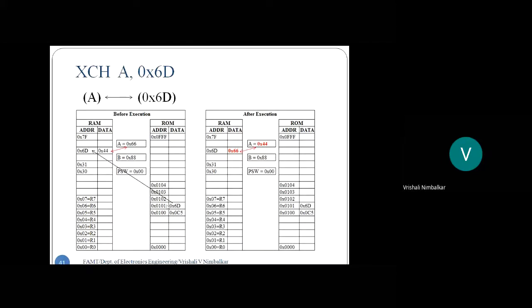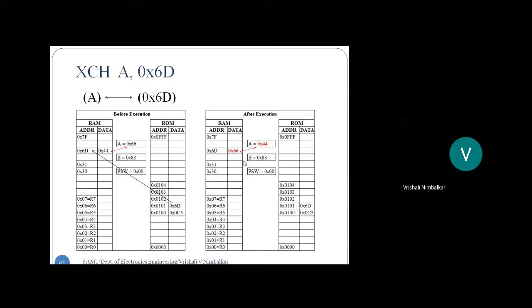So the microcontroller automatically refers to the RAM location 6D hex. See, that's an address, and data from that direct address is exchanged with the accumulator. See the red color arrow, it is bidirectional. Meaning accumulator data will come into this memory and memory data will be loaded into the accumulator. So after execution you will find 66 hex in the memory location mentioned in the instruction. What did I give in the instruction? Memory address 6D. There the data exchange is happening. Right, so the accumulator data 66 came into memory and memory data 44 came into the accumulator. So that is an exchange instruction.